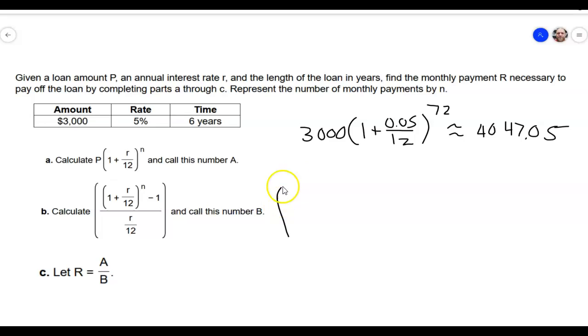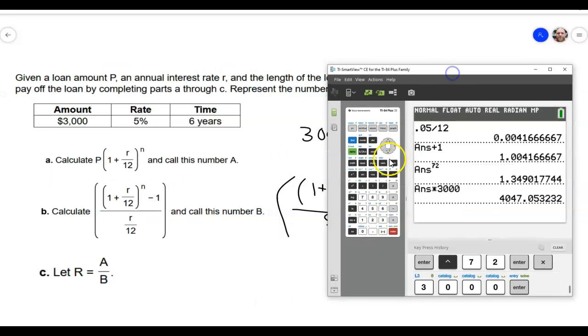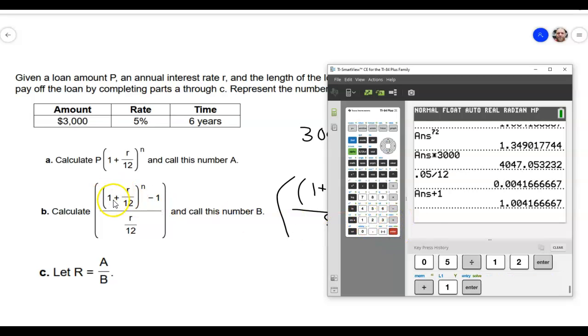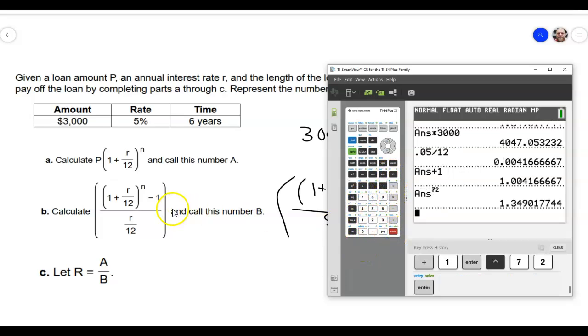And then we're going to do the second part here, same kind of thing. Let's go ahead and fill in all of our stuff. 1 plus 0.05 divided by 12 raised to the 72 minus 1, all over 0.05 divided by 12. All right, let's see what this comes out to. I'm going to start up here again. I'll do 0.05 divided by 12, and I get that, then I'm going to add 1 to that, and then raise that to the 72nd power. Then I'm going to subtract 1